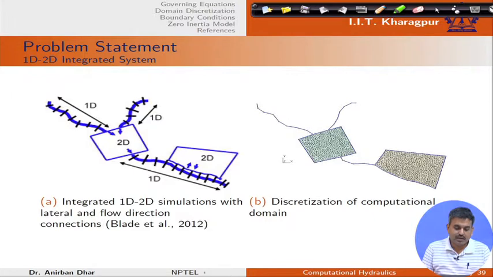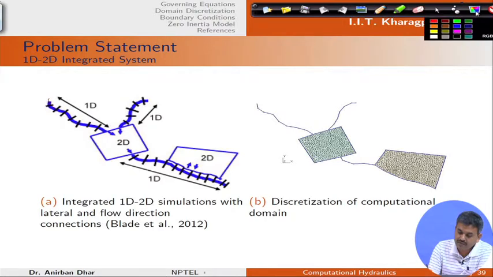Problem statement: let us consider one river and irrigation command system. Let us say that this is my river system